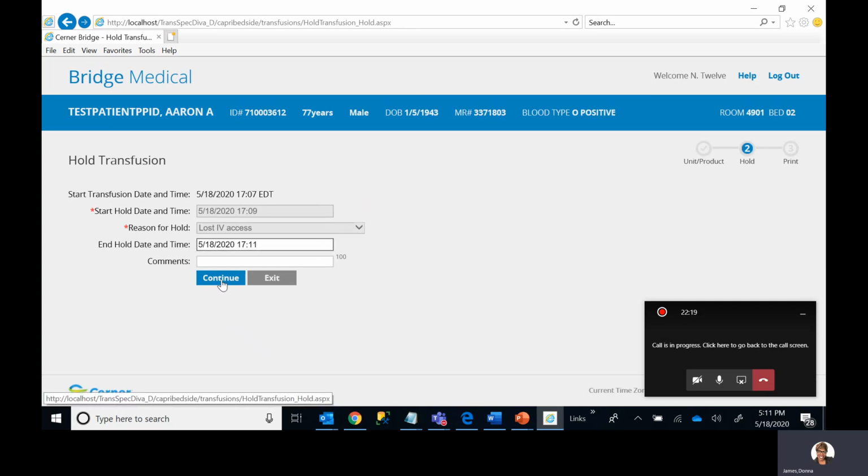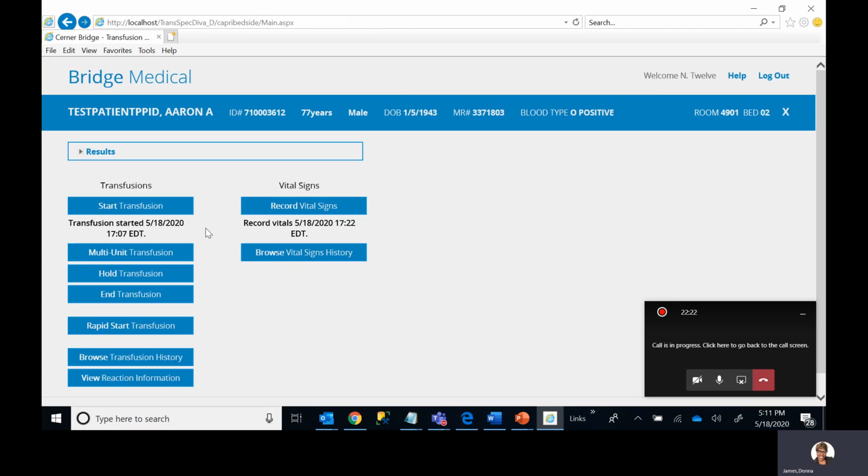you will click continue. You will be taken back to your home screen, and as you notice, there is no longer a date and time existing under your hold transfusion, which means that the transfusion that you initially started is back up and running. So now let's say, for instance, at the end of that transfusion, you had 360 cc's, all of that blood product has infused, and now normal saline is infusing into the patient's veins, and you want to